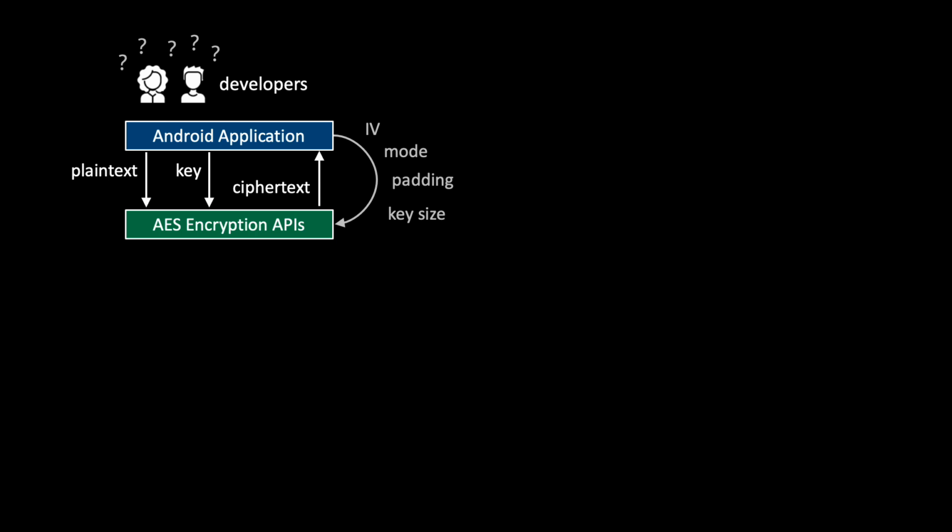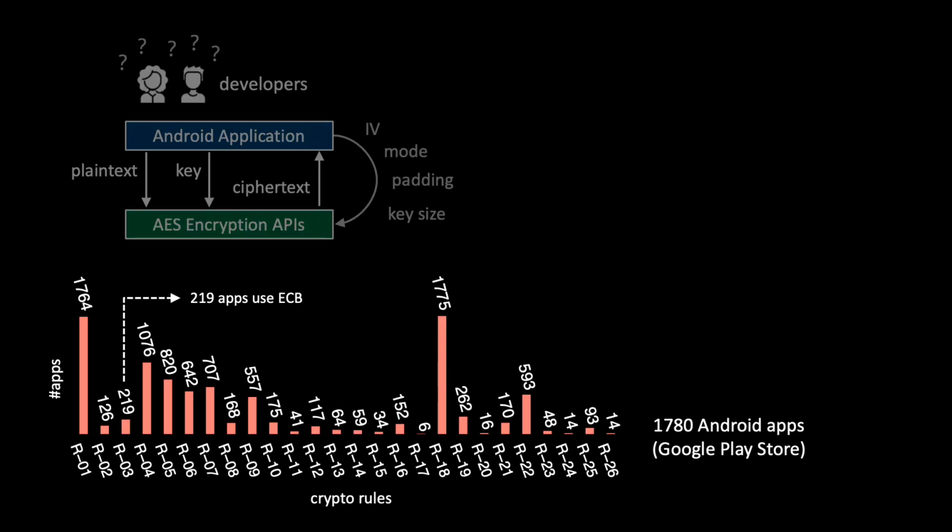To understand how common is the problem, we analyze approximately 1,800 Android apps downloaded from the Google Play Store. Differently from other approaches, we analyze these apps dynamically rather than statically. Analyzing these apps dynamically allows us to understand the real extent of this problem in Android and avoid the false positives that are frequent with static approaches.